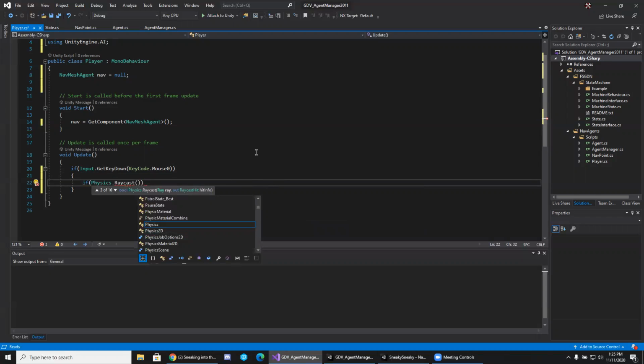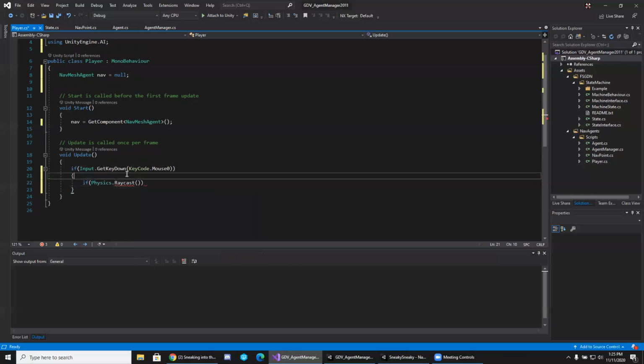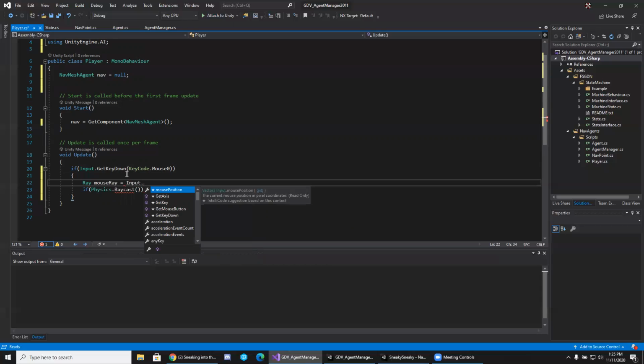We need a ray for this. So we will be asking our input for where our mouse is and then converting that to world space using our camera. So we want a ray, call it mouse ray. We'll set this equal to our input mouse position. That's just a vector in coordinates on where we're clicking in the screen, but our camera